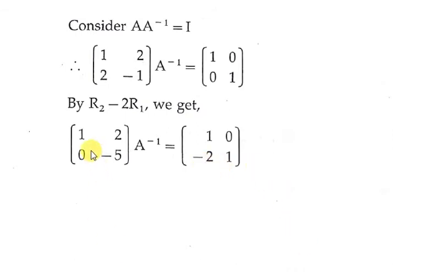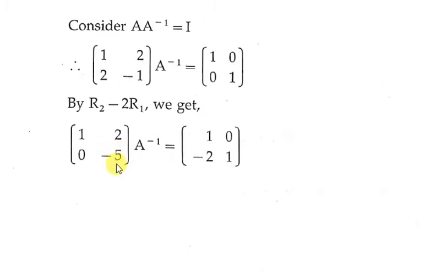So now the first column conversion of 1 into 0 is done. Now the next part is the second column. In the second column, second row, the value must be 1. So now we want this minus 5 to become 1. For minus 5, when will it become 1? When we divide this minus 5 by plus 5. So for that conversion, we have to multiply this minus 5 by 1 by 5.